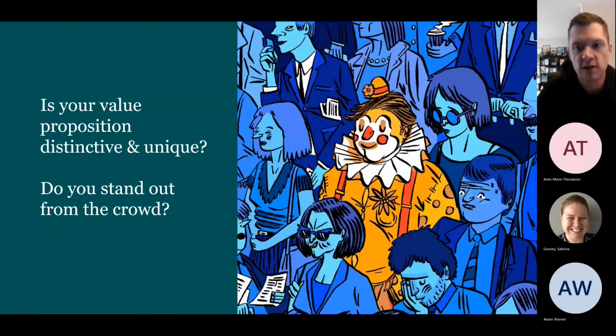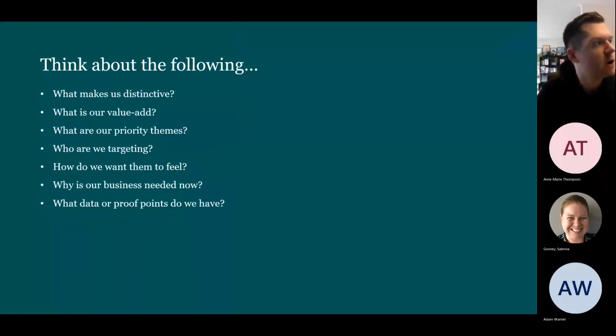How do we make sure that we are the ones that end user businesses come to when they need service, support, anything like that? We covered these 7 or 8 bullet points in terms of how we create that value proposition. In presentation 1, which was last Monday, we covered a lot of this in a lot more detail.